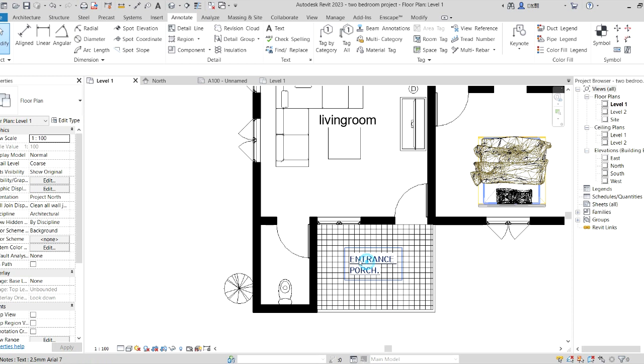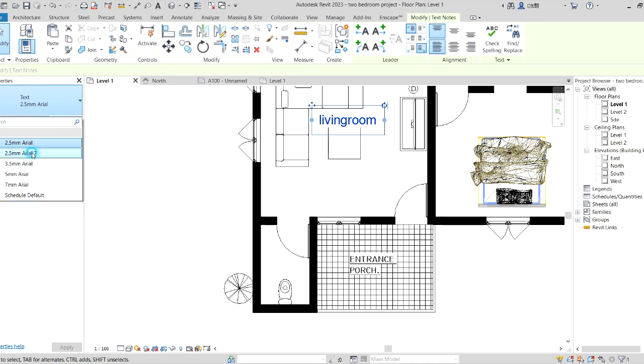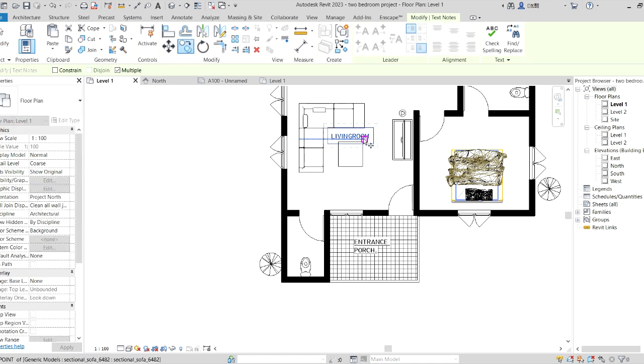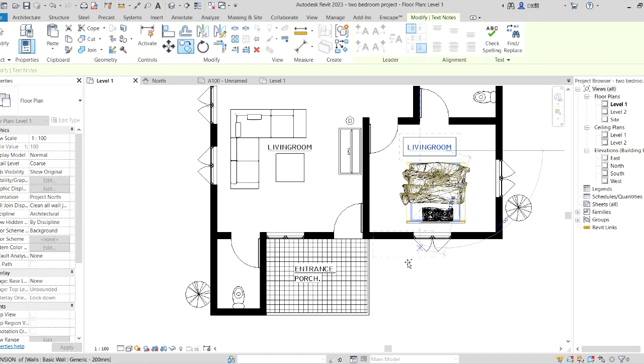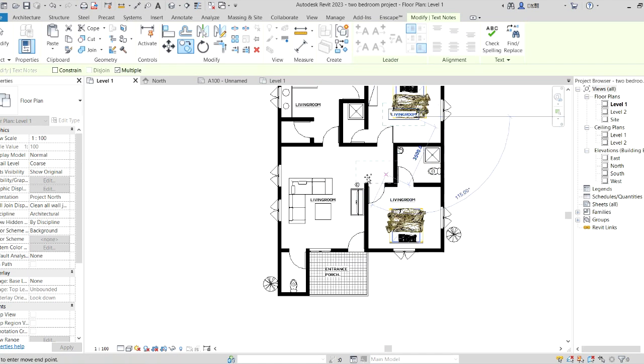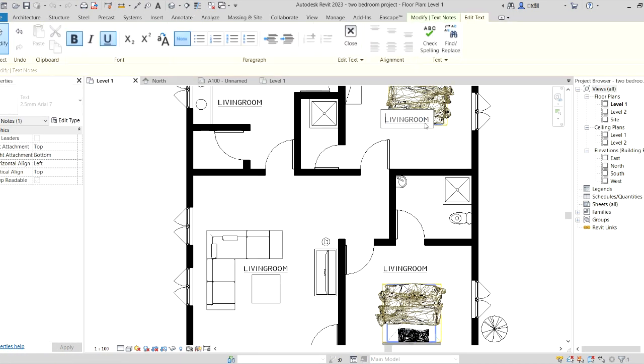So if I want to, I would like to change this property to this property. How will I do it? I select this to note the type. The name is text 2.5 area 7. So here this one is text 2.5 area. From there, as you click on it, you can come here and say change. You see everything has changed. So from there, you can decide to copy here, copy here, copy here. So as we've done that, you just double click on those